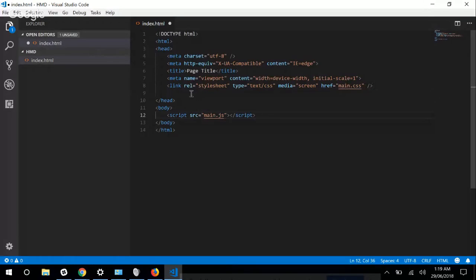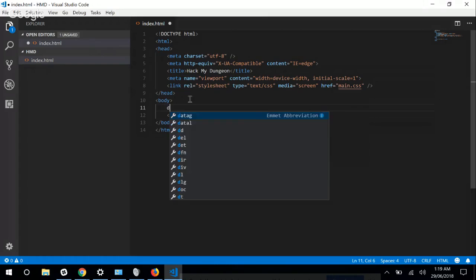I will use CSS today. Hack My Dungeon as a title. We got it. And then, what did I say? I said container and 3 divs. Okay, so div